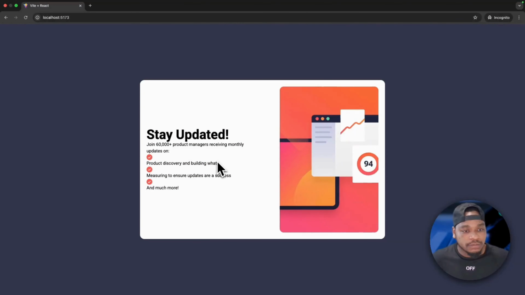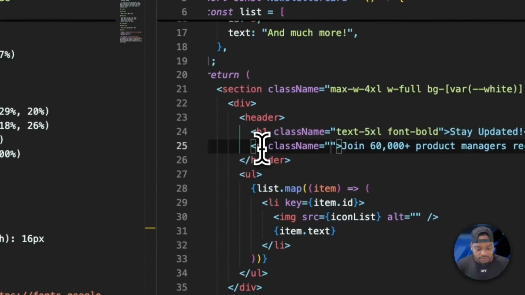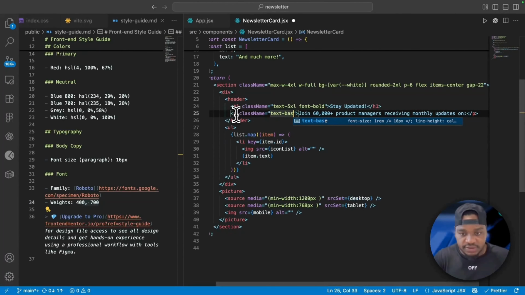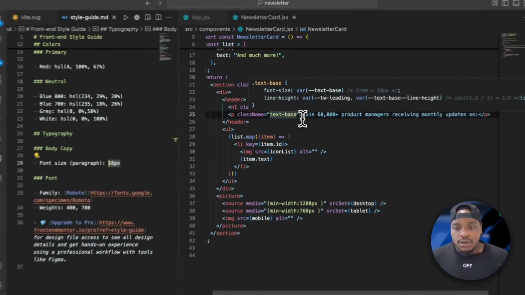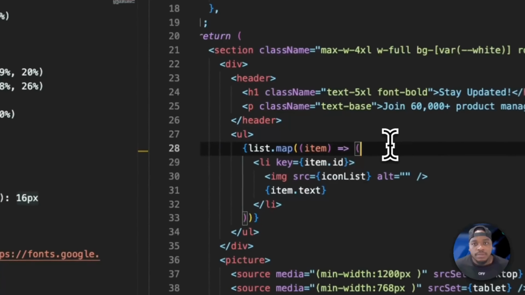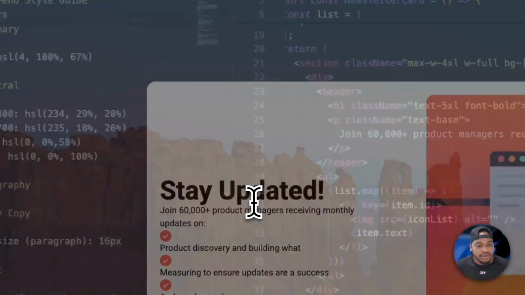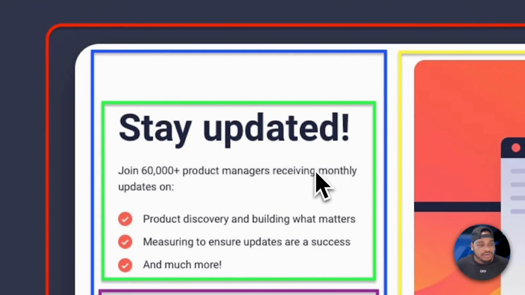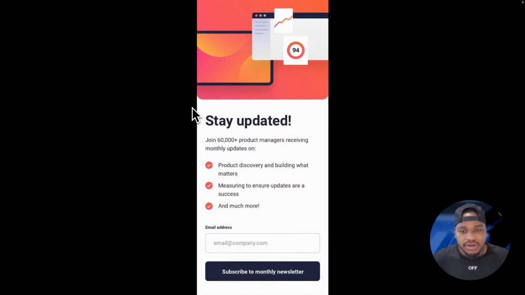Okay. And for the paragraph, text base, 16 pixels. They said 16, so that'll be base here. But we need to see that we have the right colors. Sometimes this is a bit difficult to determine when you're just looking at a picture, but this is definitely not black, so we need to change this. Probably the darker color, which is,